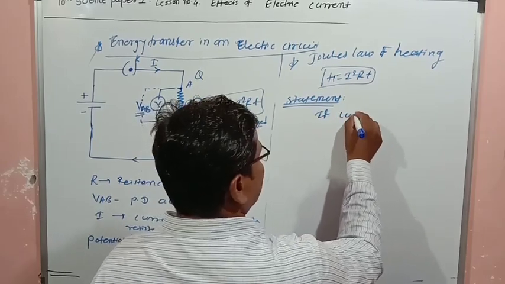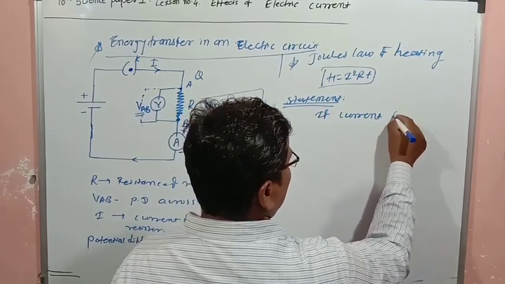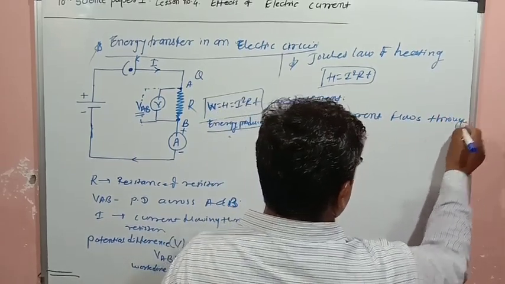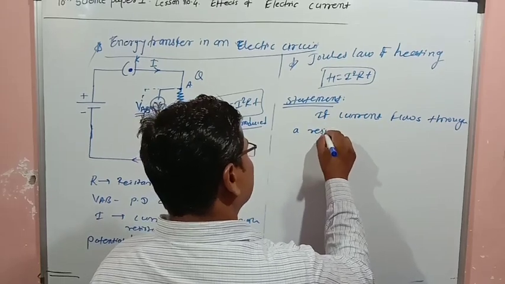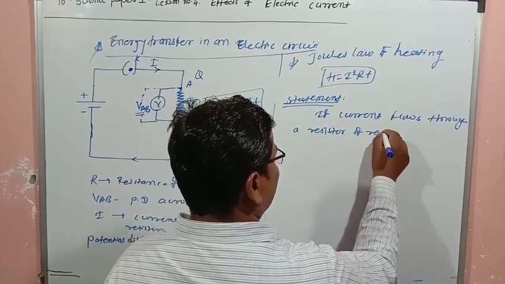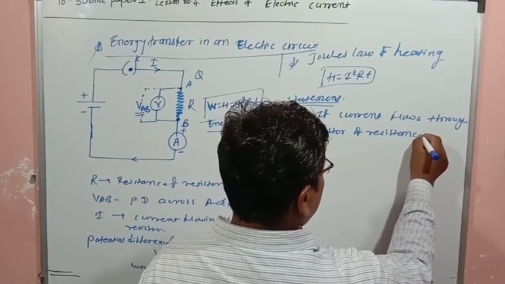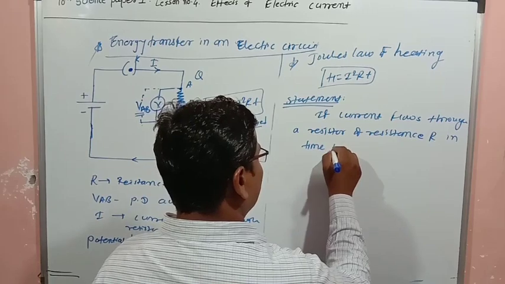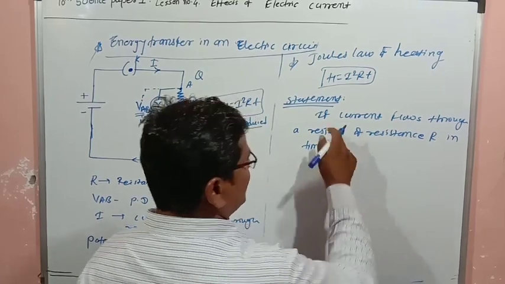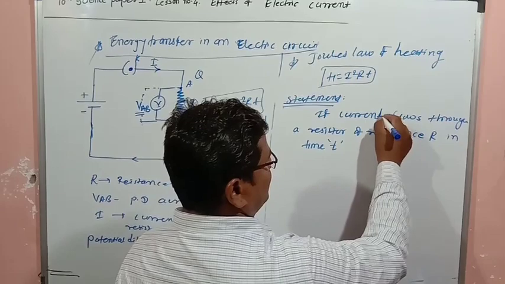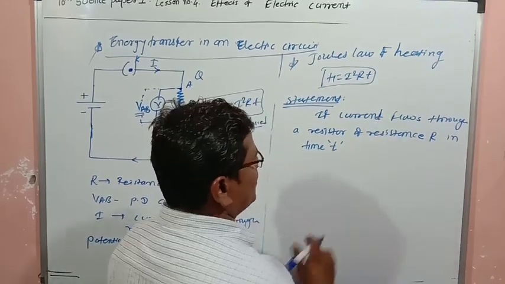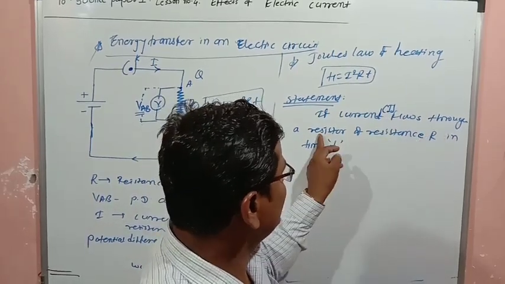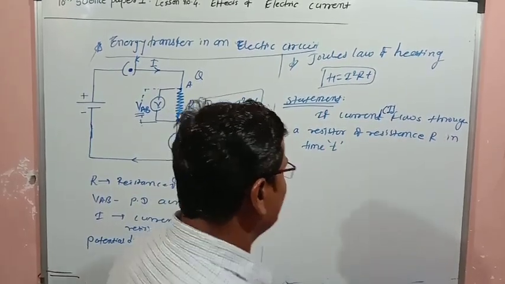If current I flows through a resistor of resistance R in time t, then